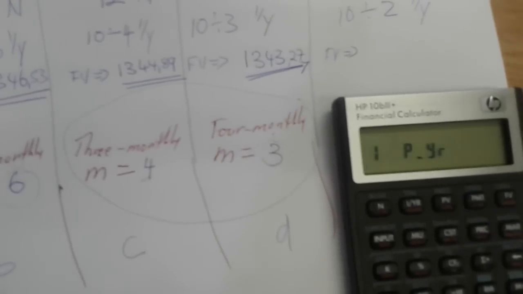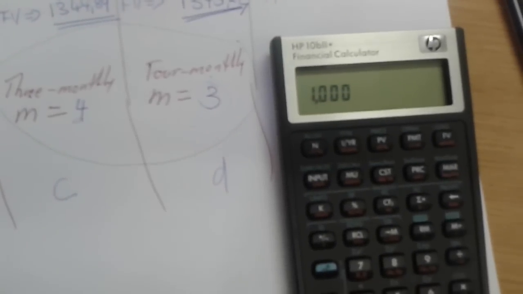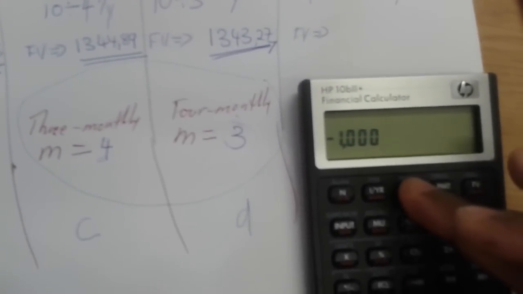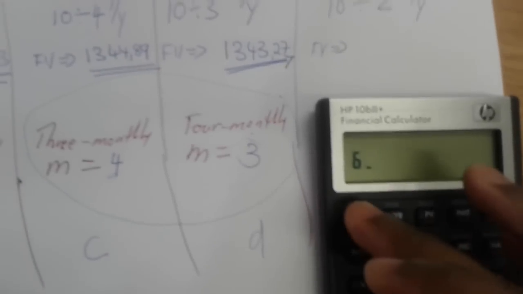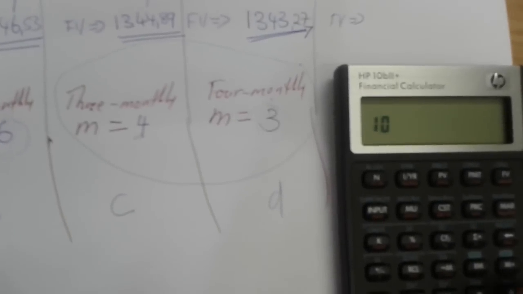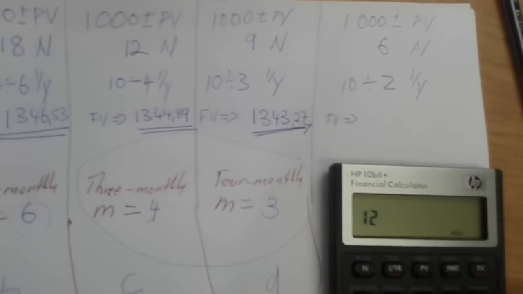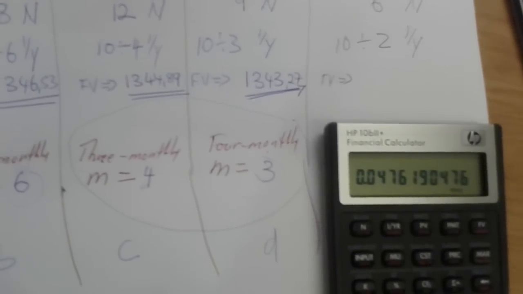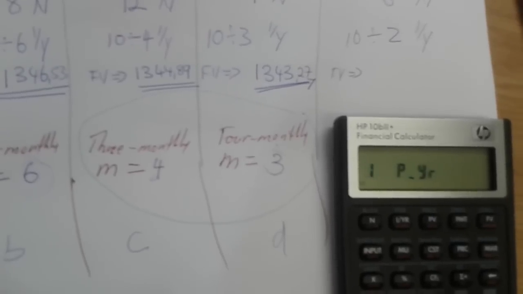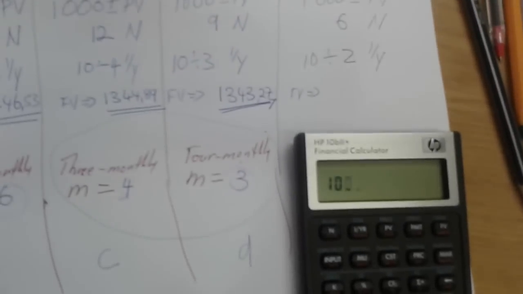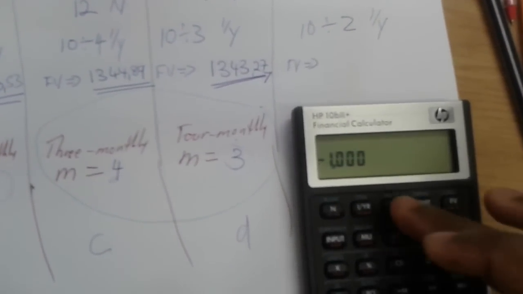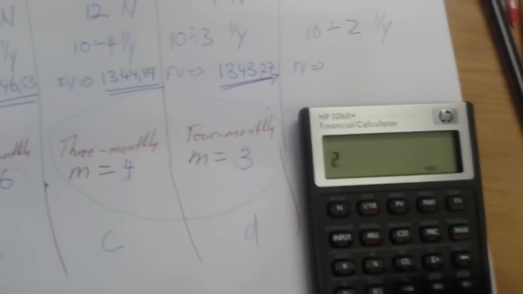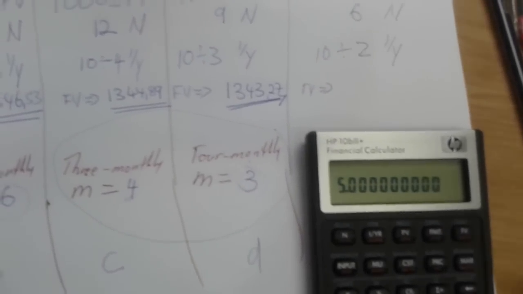Again, clear my memory, then it's 1000 plus minus, that's my PV, my 6 is my N, and 10 divided by 2, sorry for that mistake, is your I. Right, then we compute our FV, which is